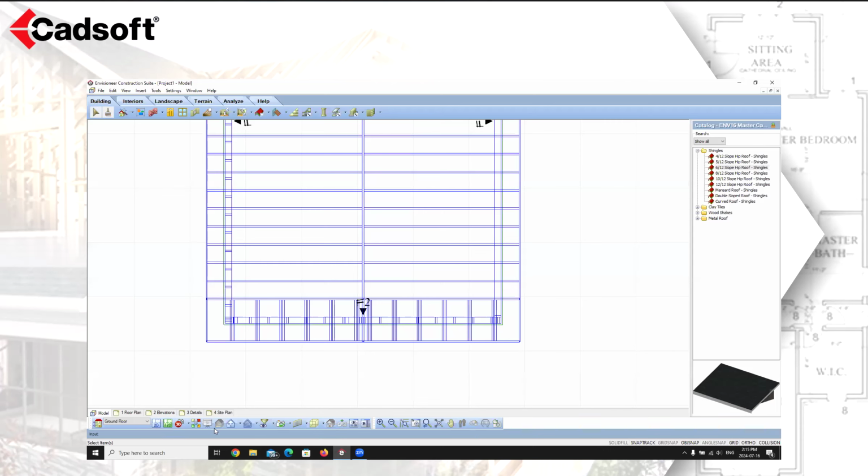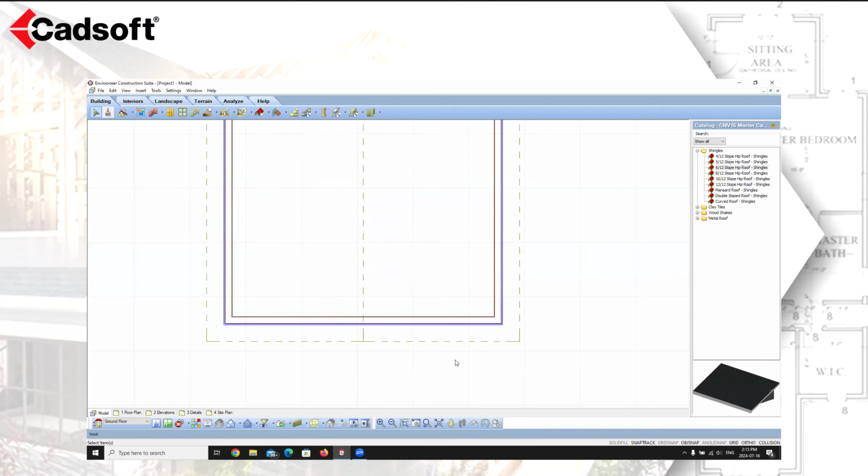I'm going to go back into 2D and go back into display all but framing. And the next thing we're going to be looking at is adding in a truss run. So you can use the truss run tool to quickly insert a run of truss profiles under an existing roof surface. The tool will recognize the hips, the valleys, and the gable ends of the roof and insert an appropriate